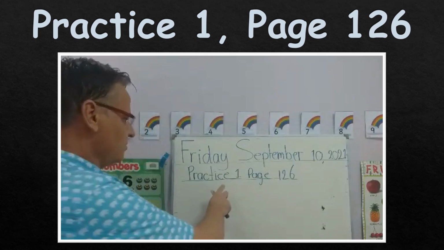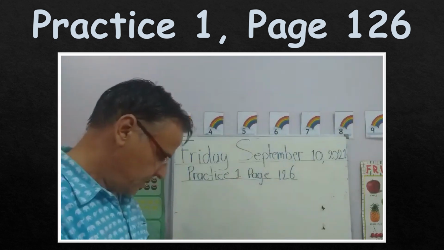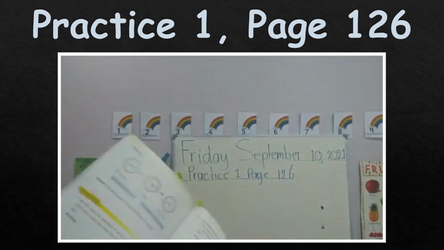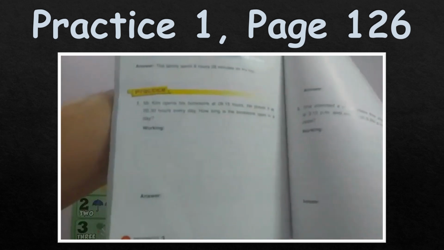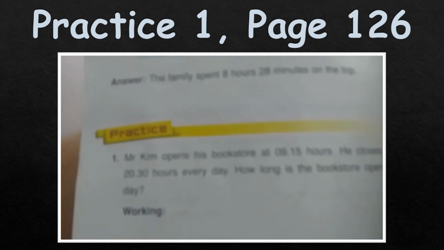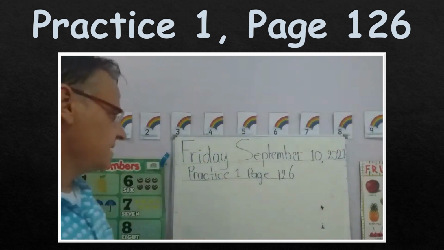And then go to practice 1 on page 126. That is this page right here. Practice 1. Can you see? Practice 1, Mr. Kim. So practice 1, page